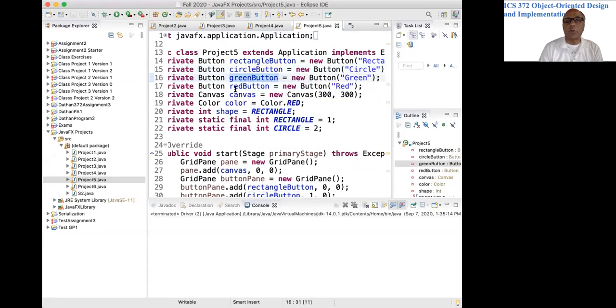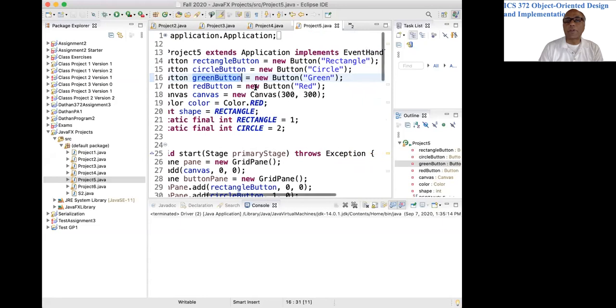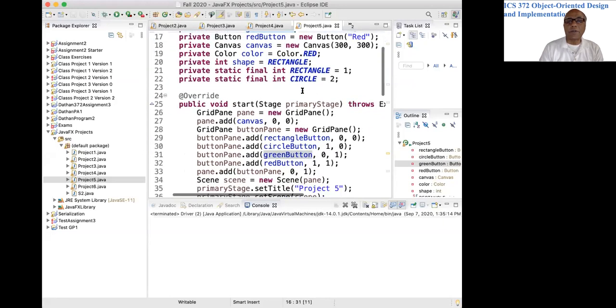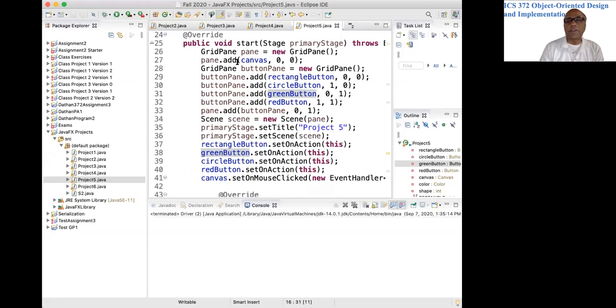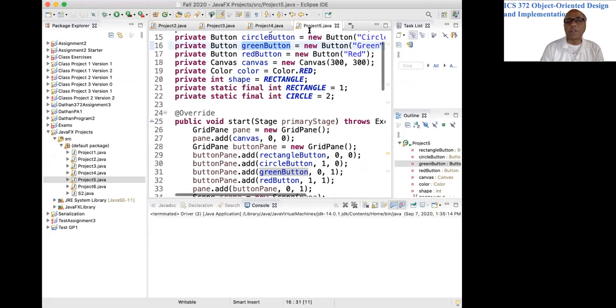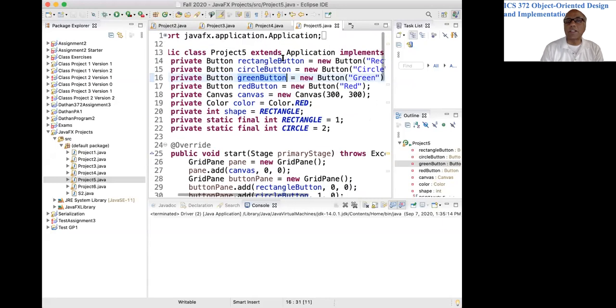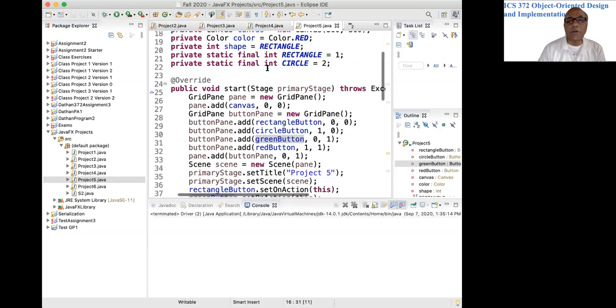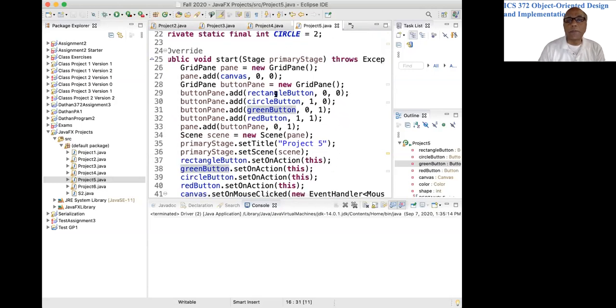So we have 4 buttons here to represent the 2 different shapes and 2 different colors. And we create the buttons and the canvas along with the field declarations, and we put those buttons and canvas onto the